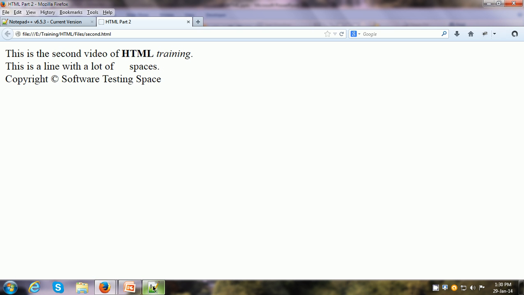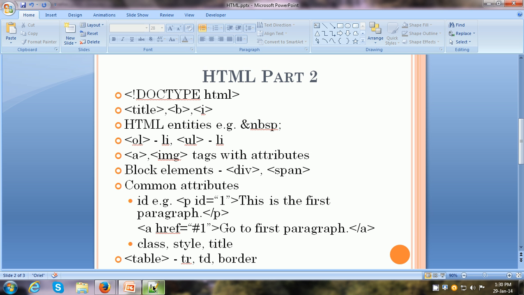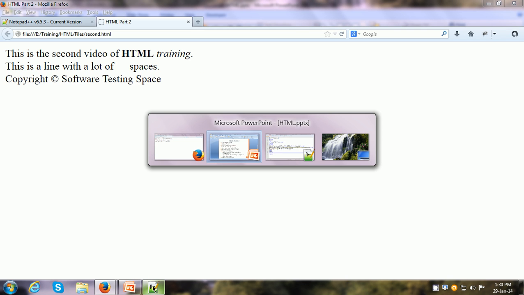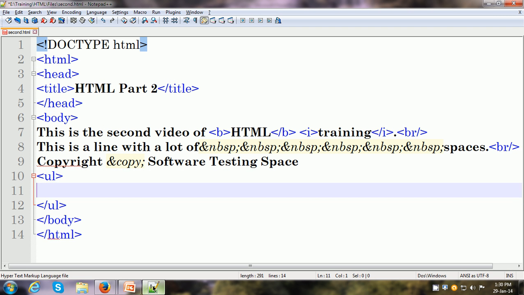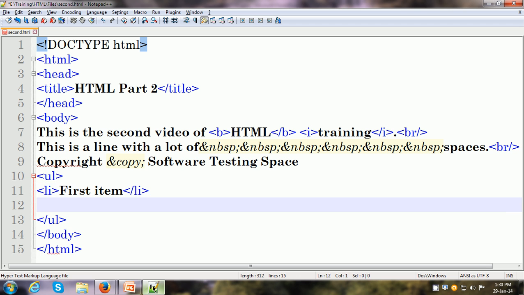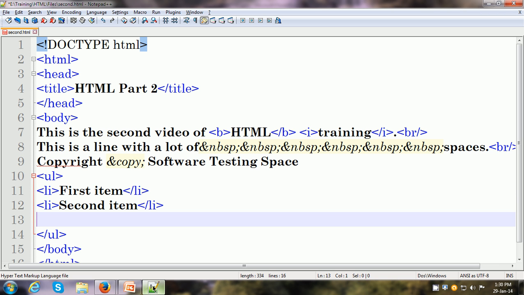There will be no items. In order to put the items, we have to put in the li tag. So let me put li first item and close this li tag, li second item and close this li tag. Let me put one more item,